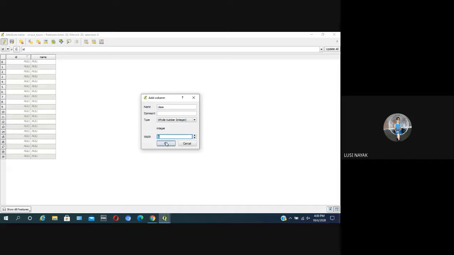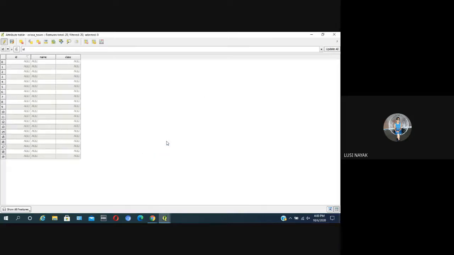Patanjali, is it clear? Okay. Now you see the class column has already been added. The name column, the class column. Is it clear for everybody? It is not add column, it is new column.